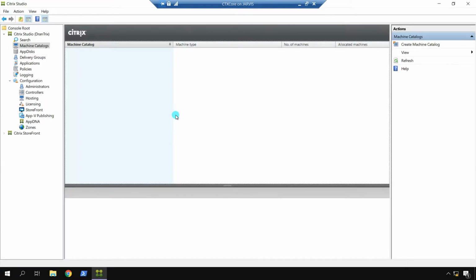So this is my CTX core server where we have installed all the core components, and I have opened my Citrix Studio already. On the left hand side you can see machine catalogs, app disk, delivery group and many other options, and our goal is to create a machine catalog first and then a delivery group. On the right hand side you can see this action panel, and here click on create machine catalog,